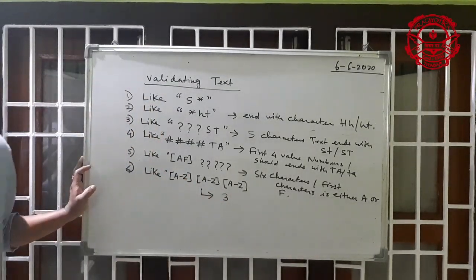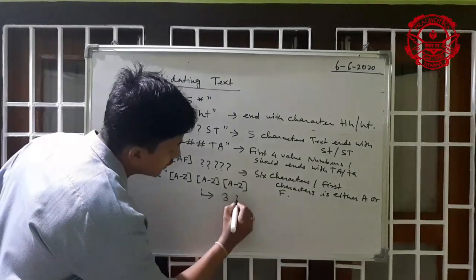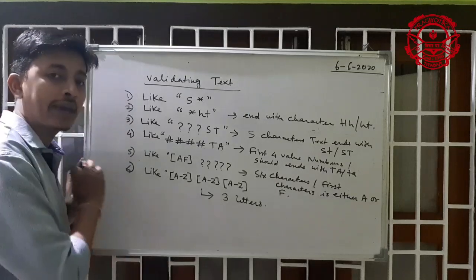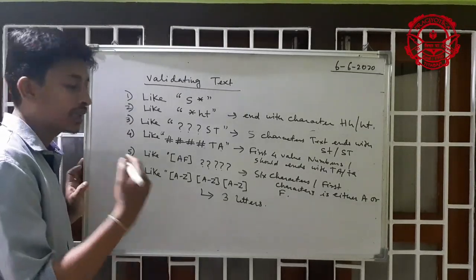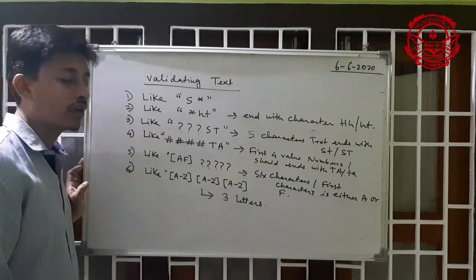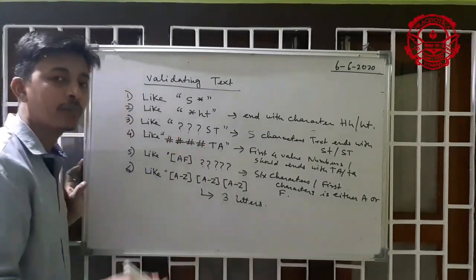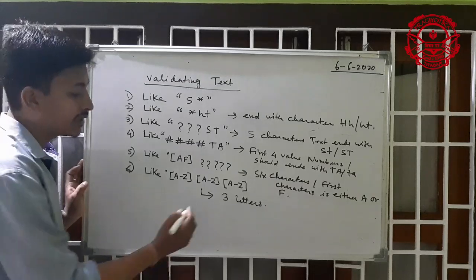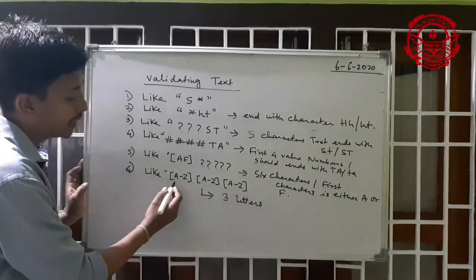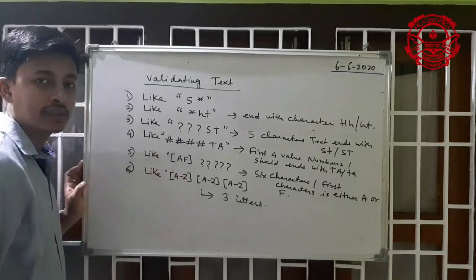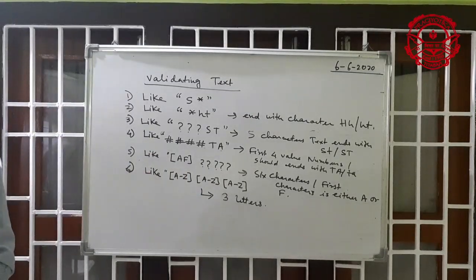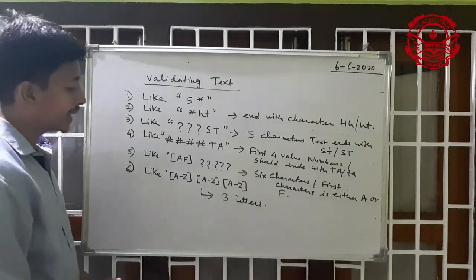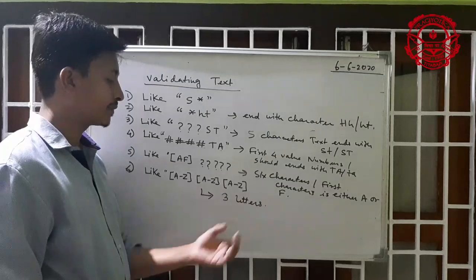It accepts 3 letters. It is not going to accept any value, say like 0, 1, 2, 3, any numbers or any symbols, say like hash symbol, question mark symbol, no symbol is accepted. Only 3 letters accepted, and it should be in the range A to Z. Okay? It can be a letter between A to Z. Okay, understand?